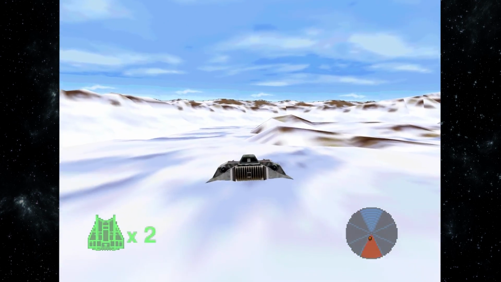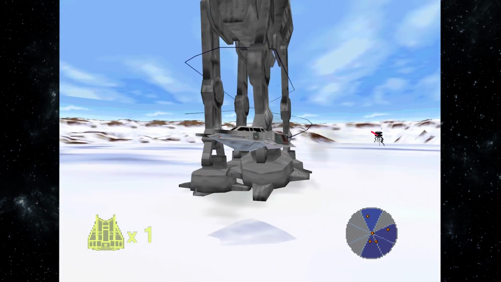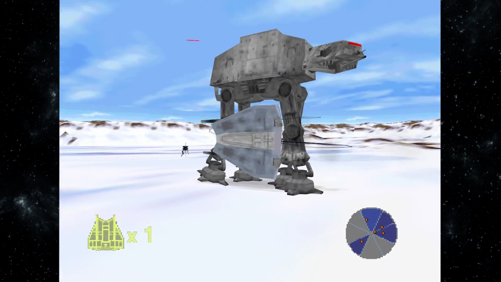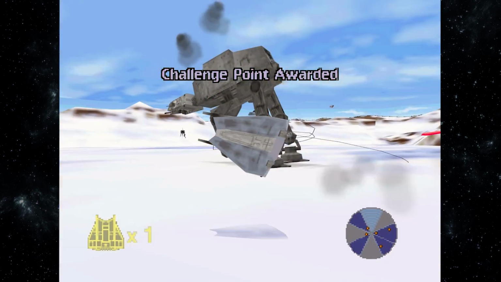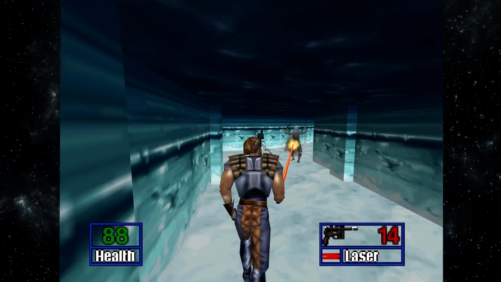But my favorite thing that they added is a cool feature where you can shoot out your tow cable, and you can wrap around the AT-ATs until they trip and fall. And you know, because you just want to knock those little guys down. But the majority of the game, you're in a third-person shooter, and you play as this mercenary